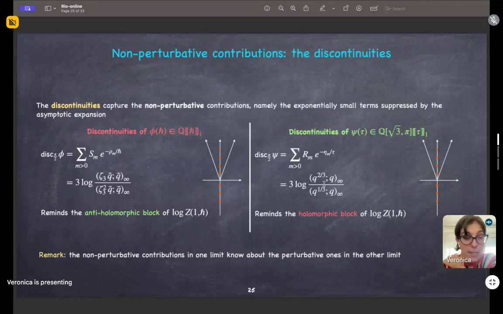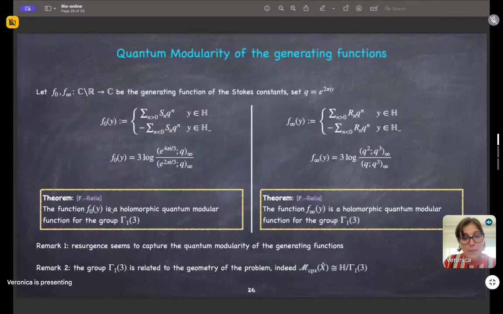So now this q-series with positive q because they are exchanged. And so what we can expect from this analysis is that the non-perturbative correction, which is a discontinuity in one limit, knows about the perturbative part of the other limit. So there is this kind of duality. And even more precisely,